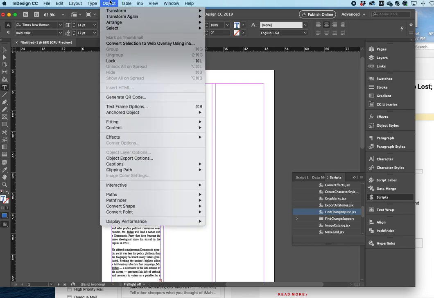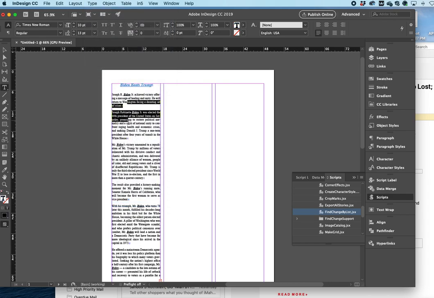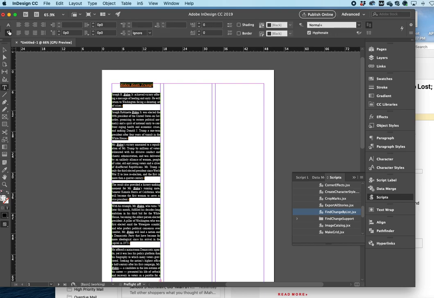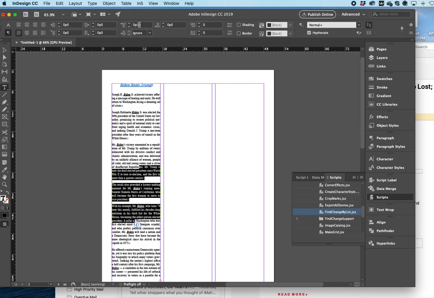So let me turn on my hidden characters. So in fact, I don't have an extra return between paragraphs. These are just spread out. So I want to undo that. So I'm going to say Command A. And I'm going to go to my paragraph tools, and under space after, if we were here, oh, it's space above is what they're doing.